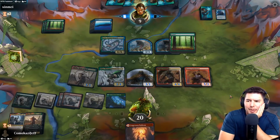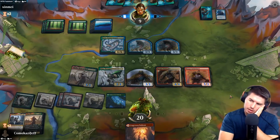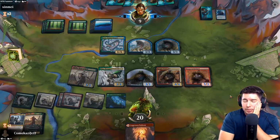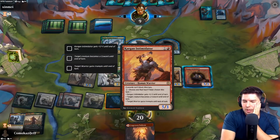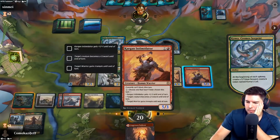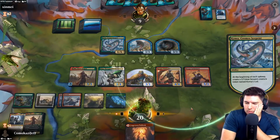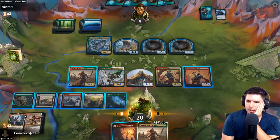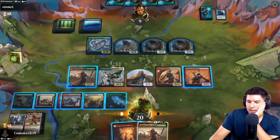Is this just Simic Ramp? All basic lands? Maybe they like splash red for the guy that gives all the plants. Please swing in. Aw, rude. So Kargan Intimidator. Target creature can't block warriors this turn. Haktos off the top is actually really good. I mean, it'd be nice for this turn, but...